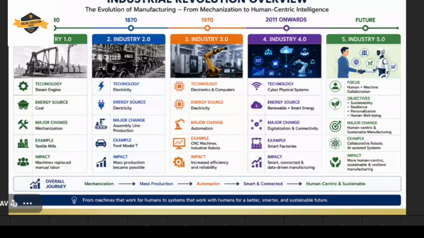The technological advancements which we are witnessing today are an outcome of an evolution. This evolution is displayed here on the slide. In the 1780s, we experienced a huge transition in industry by the advent of the power of steam, bhap ki takat.